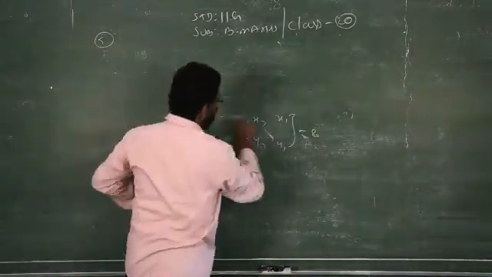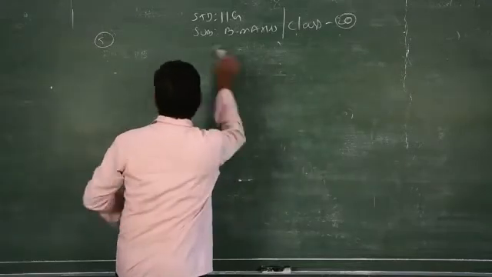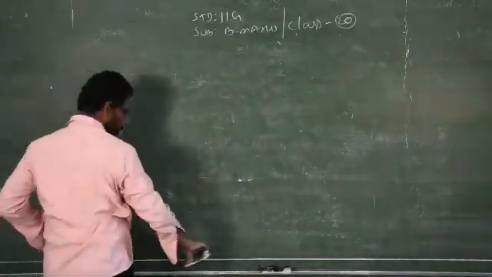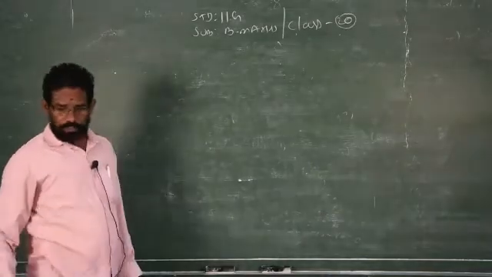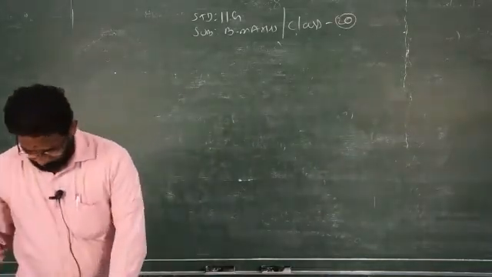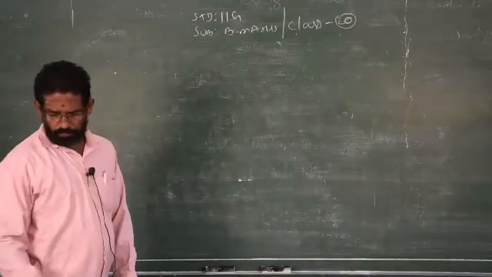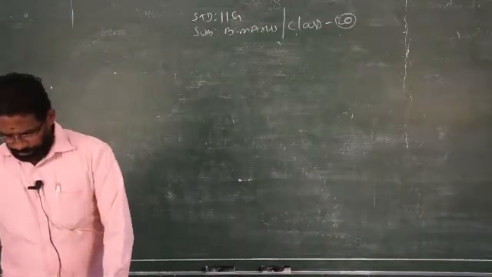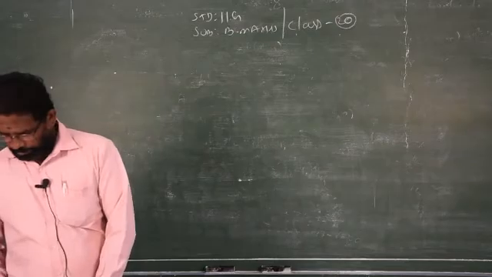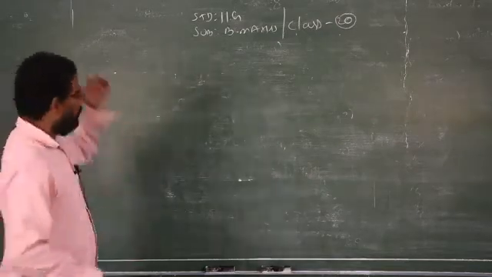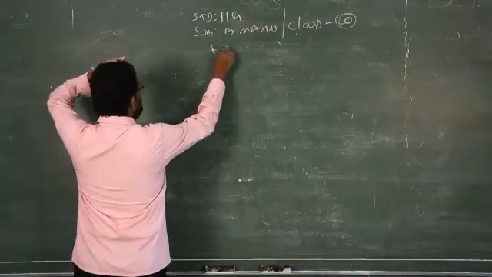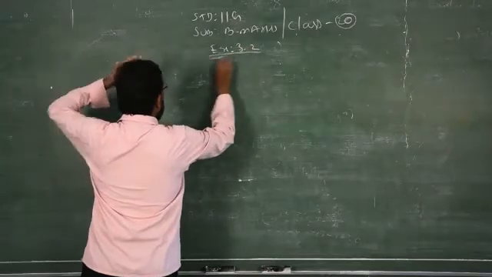Okay. Now we will go to exercise number 3.2. That is also a very simple exercise. There you have to remember the intercept form, the general form, the two-point form, and the angle between two straight lines. Based on these concepts, we will see some problems in exercise number 3.2.